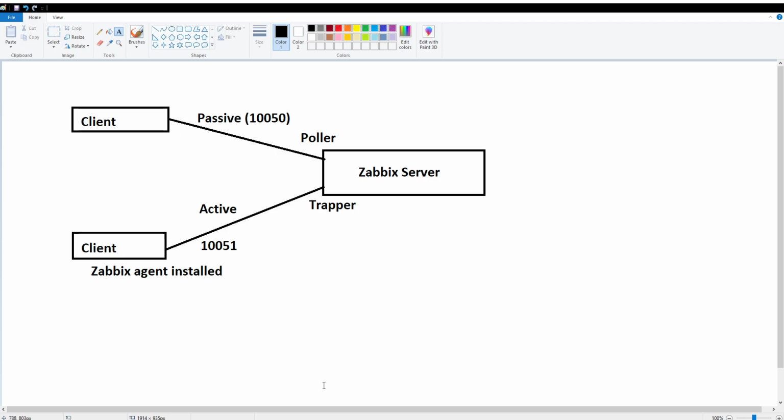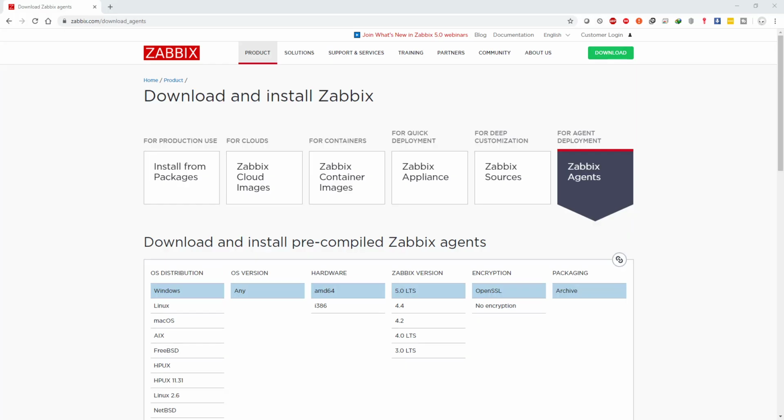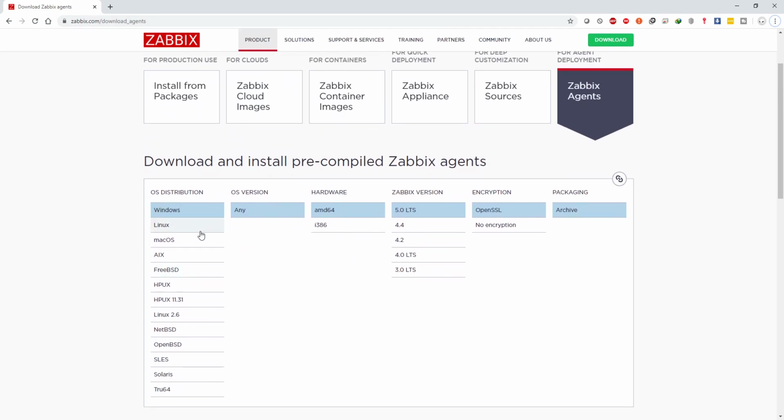So let's see how this active configuration works. As I've already told you, you can go to zabbix.com and download agents. There you will find all the agents for the OS distributions that you have, like Windows, Linux, Mac OS, and it has one for every one of them.